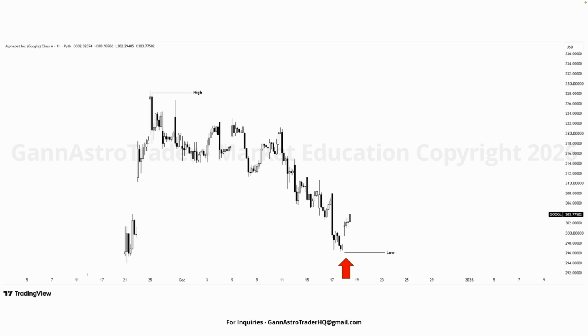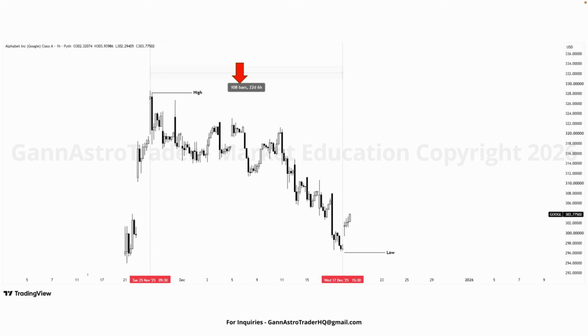geometry analysis. Now we measure the time between Tuesday, November 25th, 2025 at 9:30 in the morning and Wednesday, December 17th at 3:30 in the afternoon. TradingView gives us 108 bars, or 22 days and 6 hours. This is our key time measurement. Now we take that measured